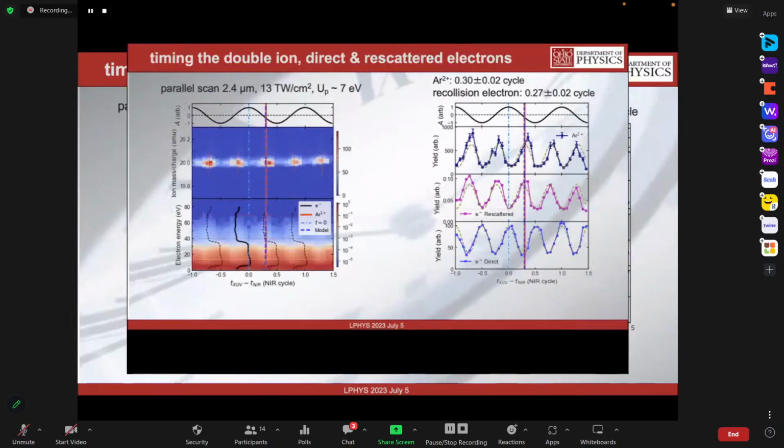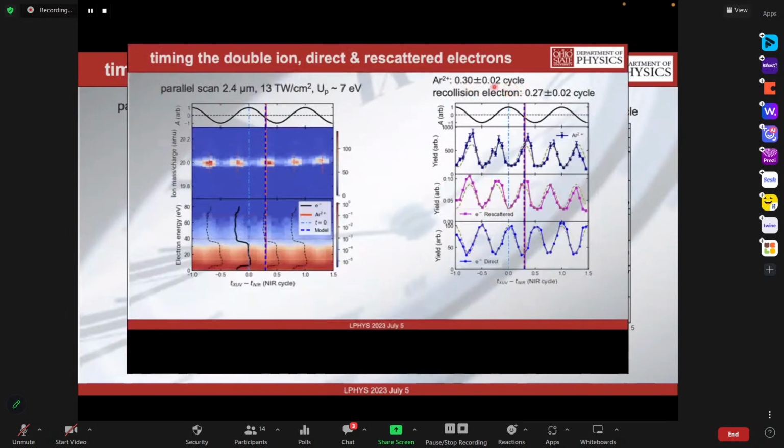I'll ask you to just focus again on the panel of the lineouts on the right. And what you can see is, again, we see this 2 omega oscillation. We again use the direct electrons to define our 2Up point, or our time equals 0 in the electric field, that is at the node. And now we can clock both the double ion and the elastic electrons against this reference point. And what we find is that the argon double plus, just like we saw earlier, is about 0.3